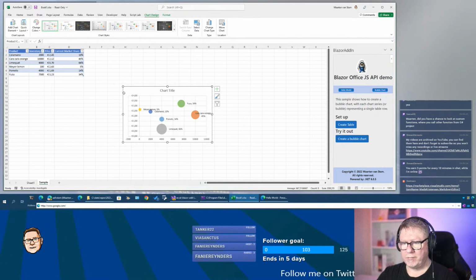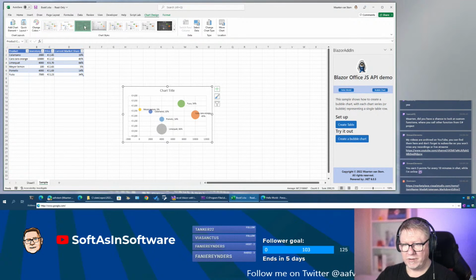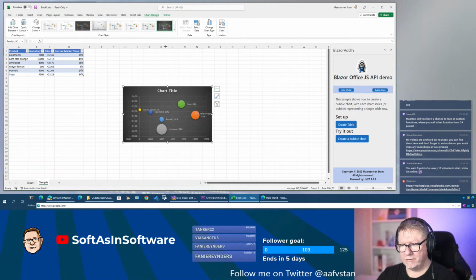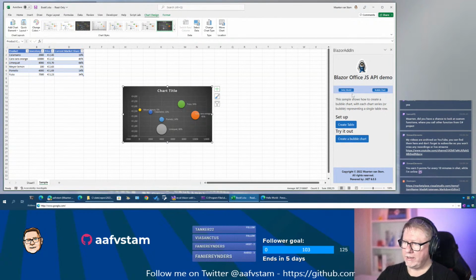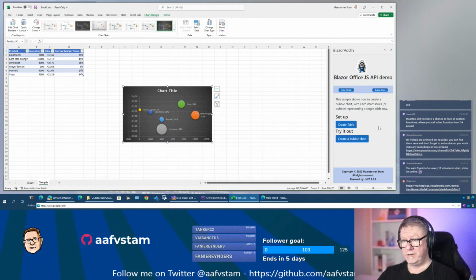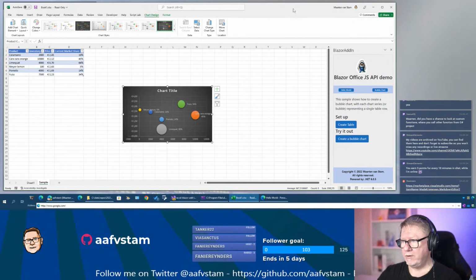I'm always impressed by the way these bubble charts are created. You can simply style it to something else. Wow, somewhat 3D like thingies. So that's good. That all works. We can extend it in future with adding new functionality in there, more sample demos, but for now it's showing